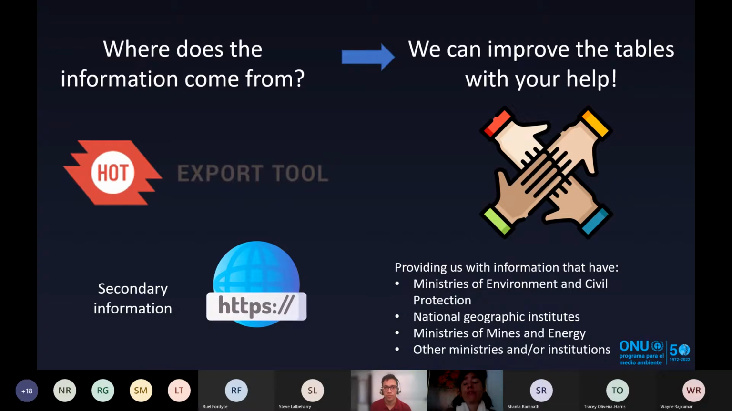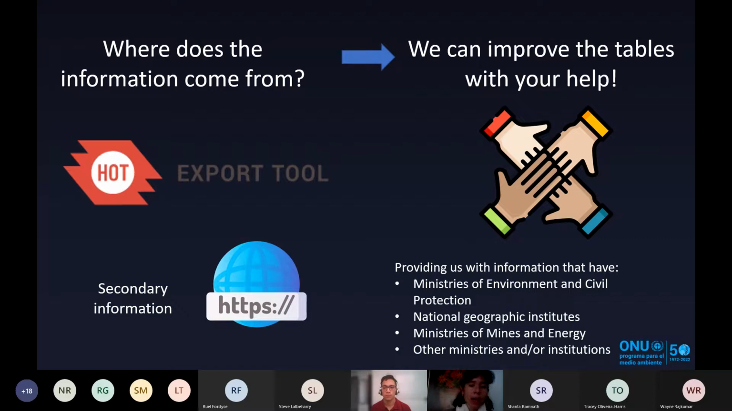But where does the information for the FEAT tables that we already have, or that have been updated, come from? So mainly from secondary information from the internet, and especially from the HOT Export tool that we have been using for updating and creating the tables that I mentioned in 2021. But we can improve these tables with your help, and this is the information that we are kindly asking you